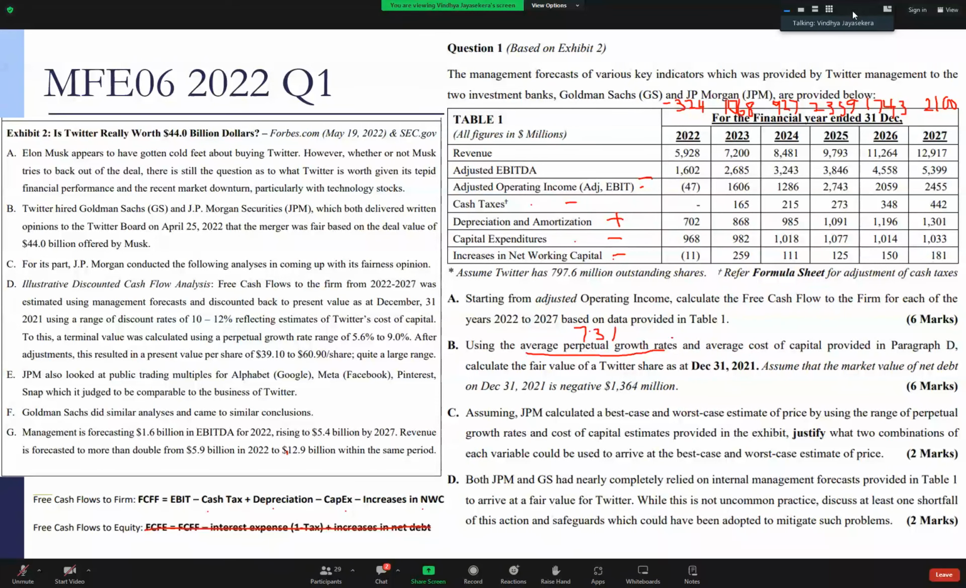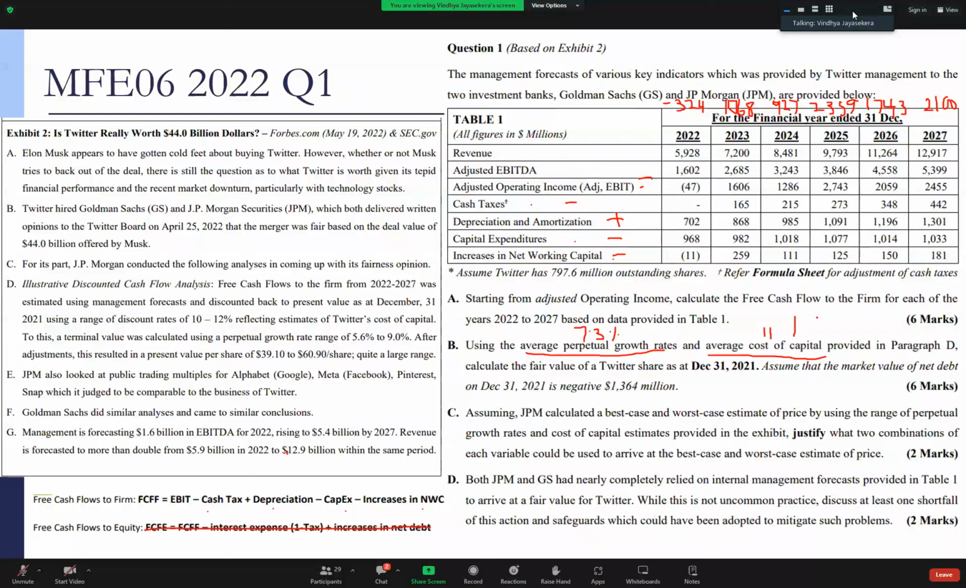And the average cost of capital, what is the average cost of capital? Remember, it's the weighted average cost of capital that you're taking. They've used a discount rate of 10 to 12. So what is the rate that you will use? So you use 7.3 and 11 and calculate the value of Twitter as at December 31st,